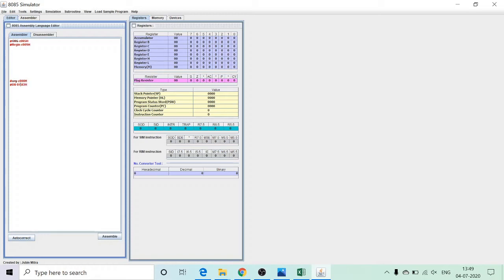Now please note, we are using this simulator on the desktops. There are simulators also available in the Play Store for your mobile. When you download one, make sure that it works correctly for all the programs. This one on the desktop that I have installed works fine for all.